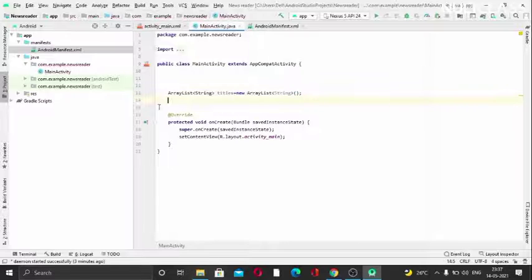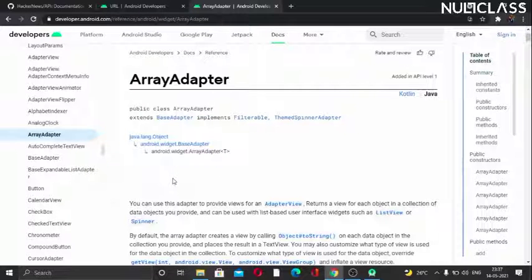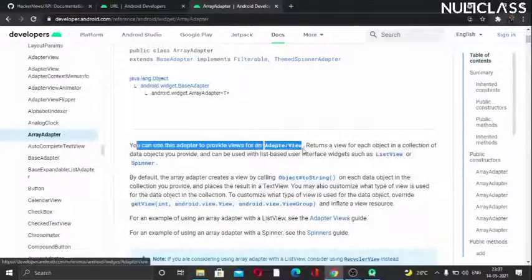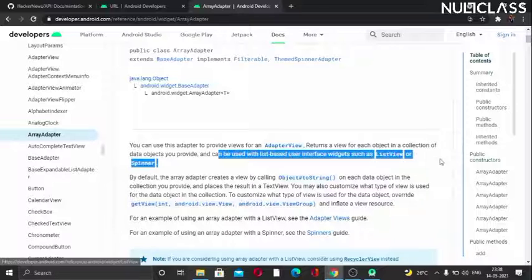So this is done now, and we also want an array adapter. If you don't know about array adapter, I will show you here. To show anything in the list view, we require this array adapter. You can use this adapter to provide views for the adapter view. It returns a view for each object in a collection of data objects you provide, and can be used with list based user interface widgets such as list view or spinner.